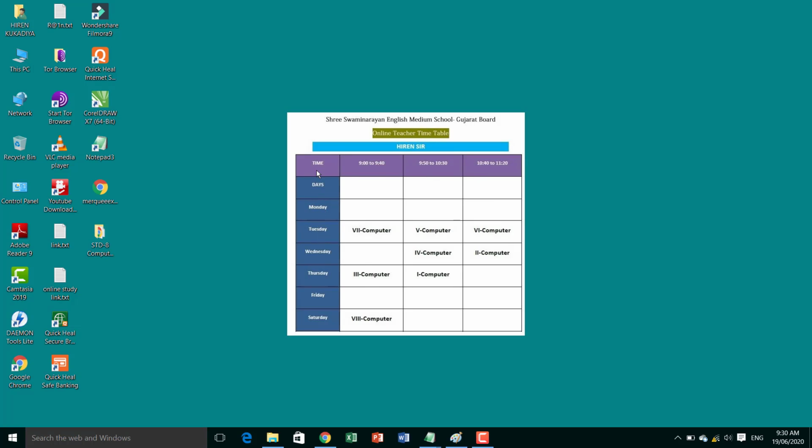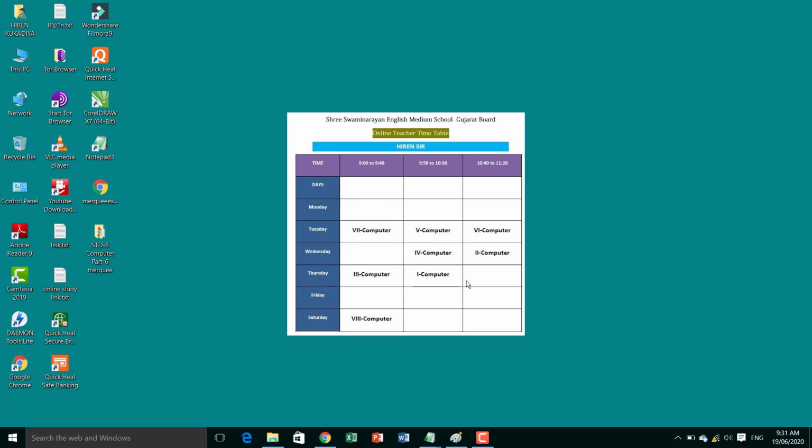Now in this table you will see Saturday, Monday, Tuesday, Wednesday, Thursday, Friday, Saturday. These are the days, and these are the timings, related to subjects. These are the columns, column 1, 2, 3 and 4.